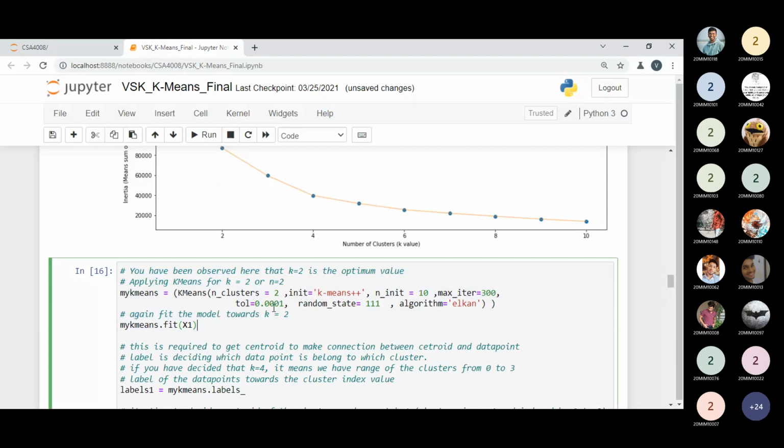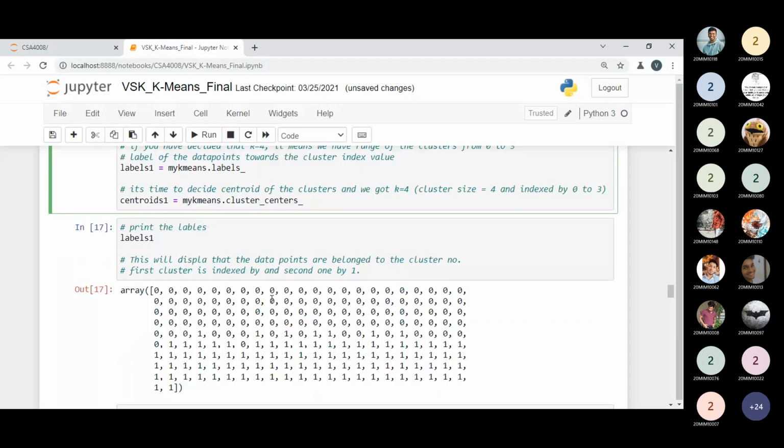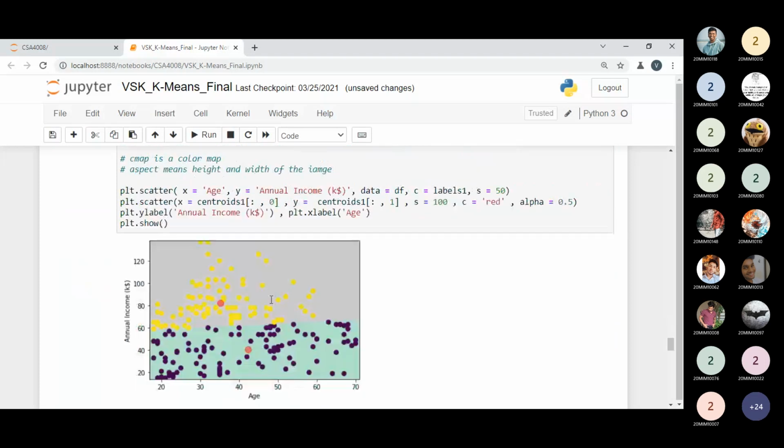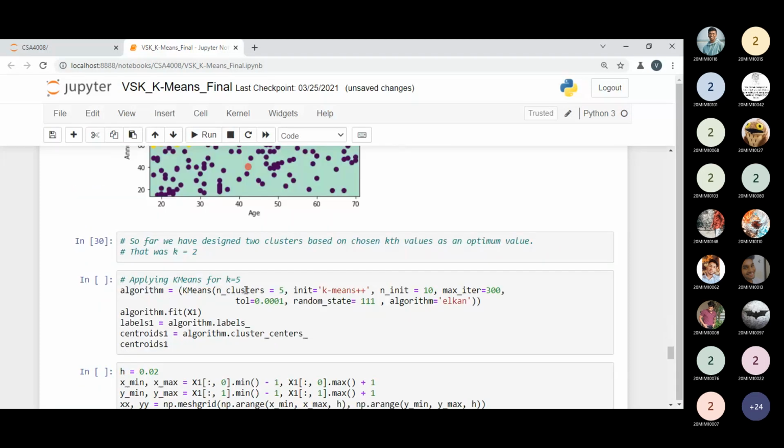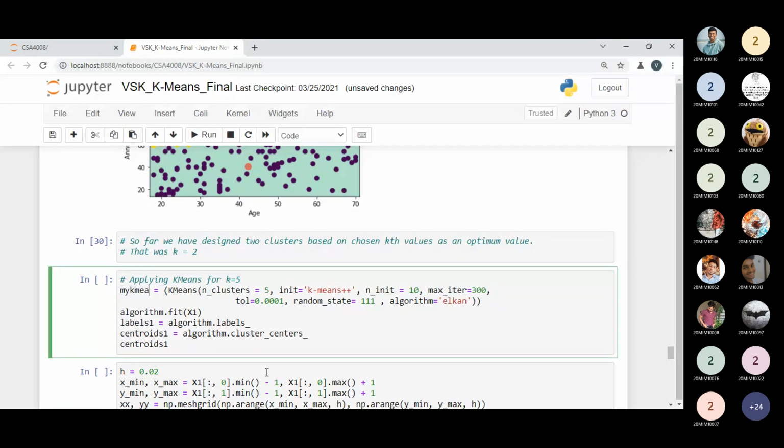I'm not changing anything. I'm just copying the code over here and pasting. So I'm just changing this thing. Okay. 5. Rest of the parameters I'm keeping as it is. I'm keeping again my variable name, that is my k-means. Okay. So no confusion will be there. And I'm fitting my model to the x, that is the 200 data, and labels I'm getting. Okay. And centers I'm getting.